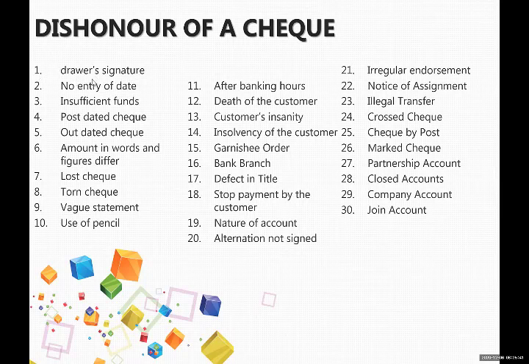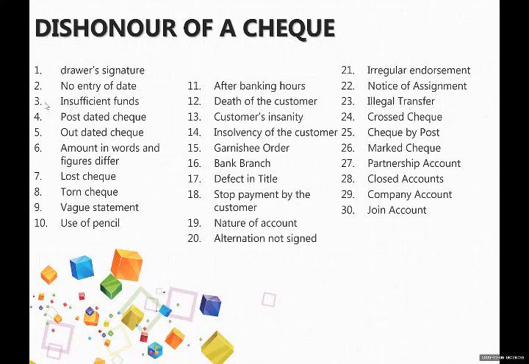signature. If the drawer's signature is different from the specimen signature card which was already given to the bank, the bank will refuse to make a payment, and the bank will write the reason: drawer's signature differs. That is, whatever the drawer has signed on the checkbook is not matching with the bank's record. So this is the first reason. Second, no entry of date. For example, if the drawer forgets to write the date on the check, the bank will dishonor the check, refuse to make